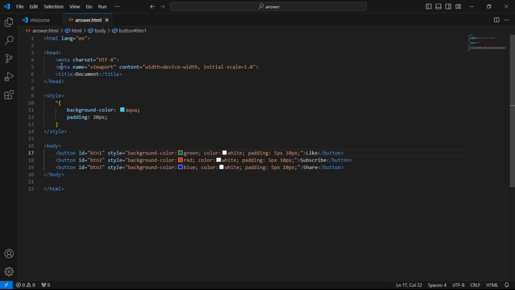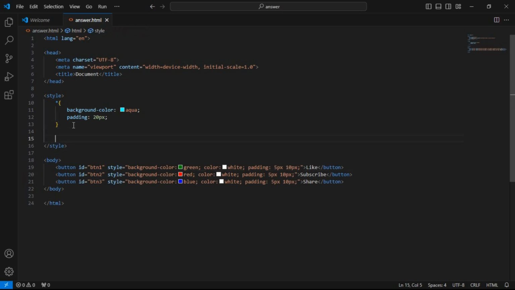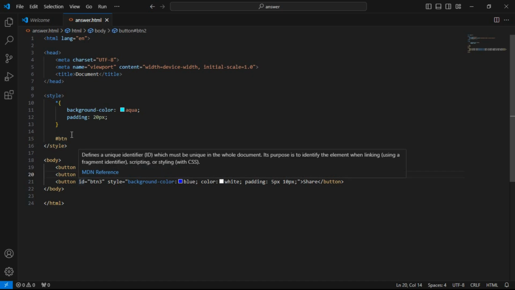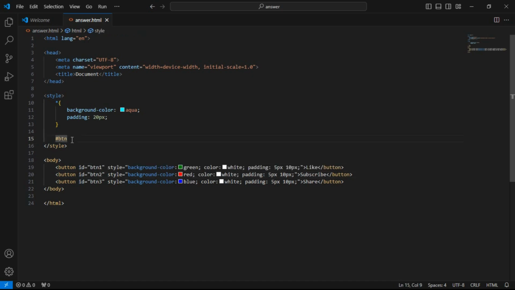Specialize each button. But once you come to the styling, ID is represented in this way. Hash button represents the ID. The hash symbol represents the ID. Hash button